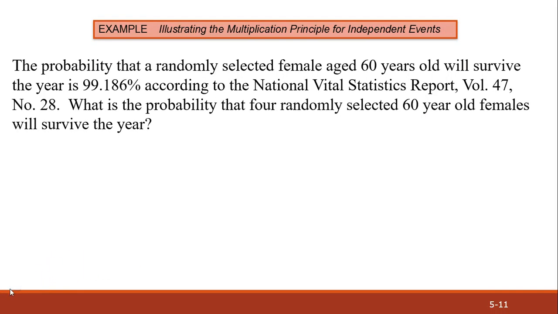Okay, so going back to an example we looked at before, it says the probability that a randomly selected female aged 60 years old will survive the year is 99.186%. But this time, instead of computing the survival of 2 randomly selected females, it's asking us what is the probability that 4 randomly selected 60-year-old females will survive the year. So just like 2 people who are female surviving the year, it will be all 4. So the probability that all 4 survive